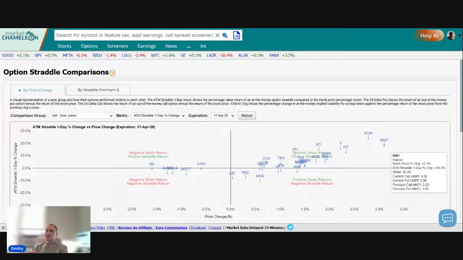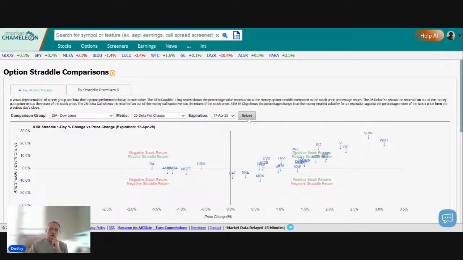Okay, so that is really quick to get a sense of what's going on in this particular group of stocks as far as the option prices and the straddle. We could also drop this down and look at the change in the 25 delta put or call. What if we wanted to see how the put option behaved relative to the previous day, or the call option? So we could just scroll down here, select the put,